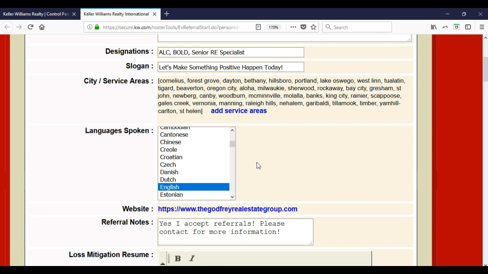Now, if you speak any languages outside of English, fantastic. You can actually go through and add that in. If you are going to add another language on here, though, make sure that you hold down another button before you click on the language. If you're on a PC, make sure you hold down the control button. So I'm on a PC, so I'm going to hold down control, and then I'll select Chinese, for instance. Now once I hold down control and I select Chinese, if you notice, both of them are